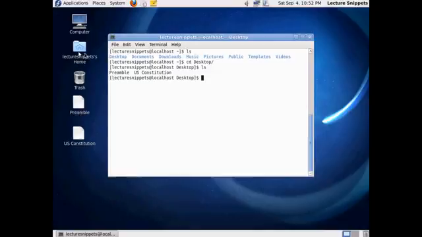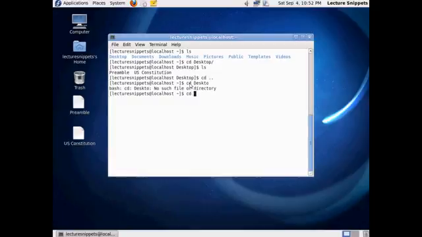Now the trash, this home folder, and the computer icons are special links, and they don't actually appear here in the command line. If I want to navigate back one folder higher or closer to the root of my file system, so one folder up, as some people would say, I could type in cd with 2 periods, and it actually takes me back up here, and you can see I'm currently located back at the tilde or the home folder of my user. If I navigate back into the desktop,